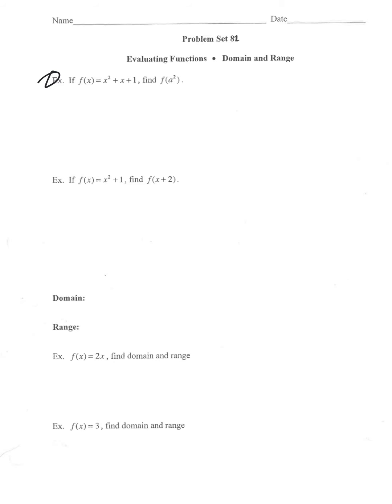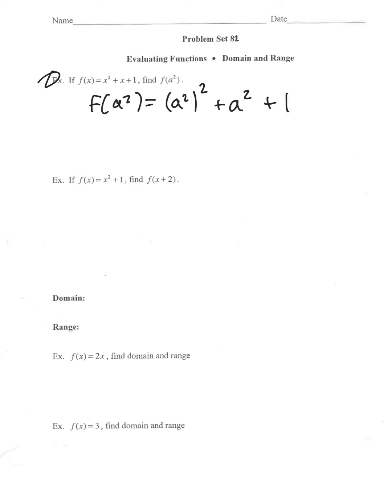Now we've been asked to find f of other values, like f of 2, f of 3, but this might be the first time that we've been asked to find the function with a variable, or the function of a variable. But it works exactly the same way. We're going to take that a squared, and we're simply going to substitute it in for x within our existing function. So I'm just putting an a squared wherever there was an x,